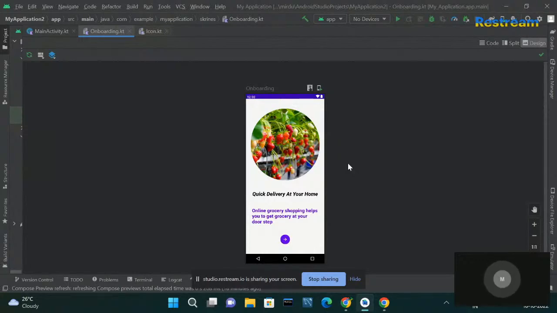UI. This particular UI consists of an image, and that image is cropped to a circular shape, and then we have a text which says quick delivery at your home, and then we have a slogan which says online grocery shopping helps you to get grocery at your doorstep. And then finally we have an arrow button, which is an icon button, and that particular button